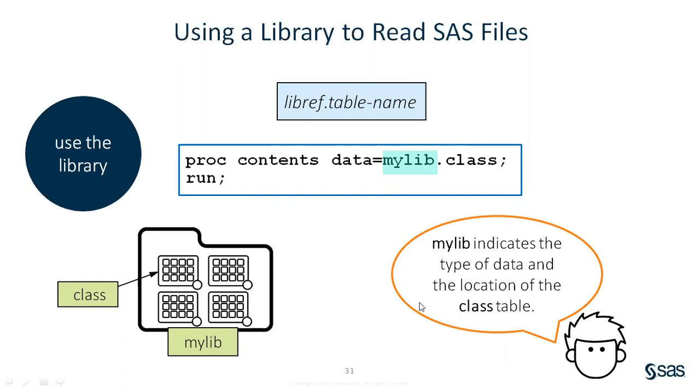Just now you said mylib indicates the type of data, right? But mylib is the name of the library. So that engine is the same as base. Yes, it's a type. That's why it's telling the type of data, because it's the common engine. Okay. All right. Got it.